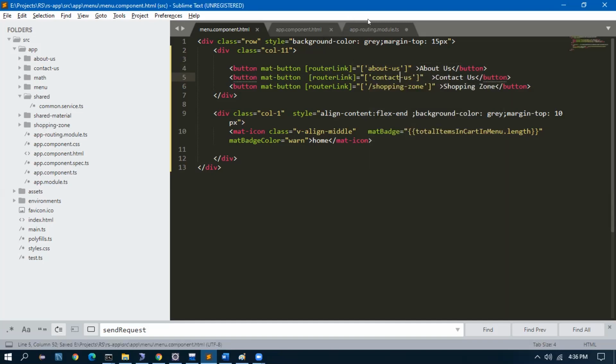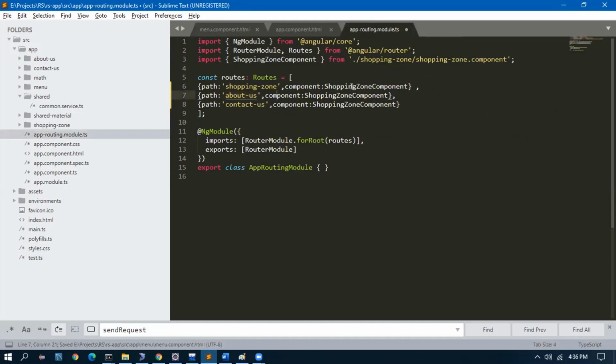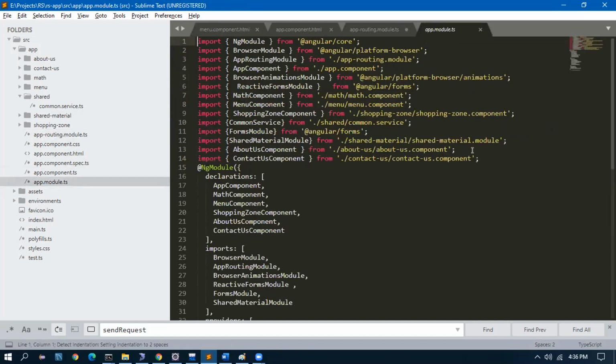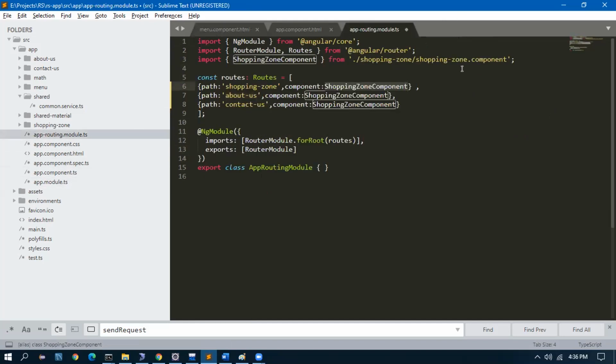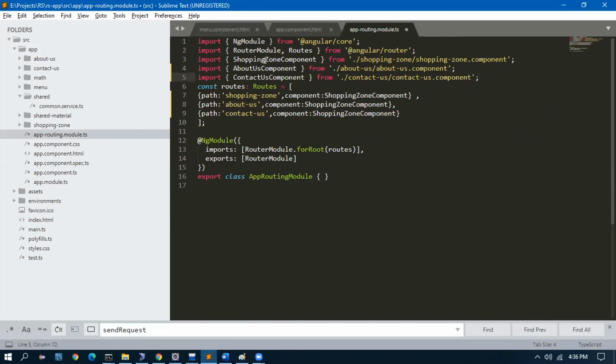So from the menu, when I click, it will come here. I'll copy these 2, about us and contact us components. And about us should go to about us component. Contact us should go to contact us component. We are importing app routing.